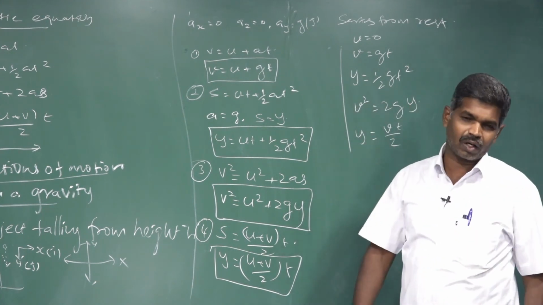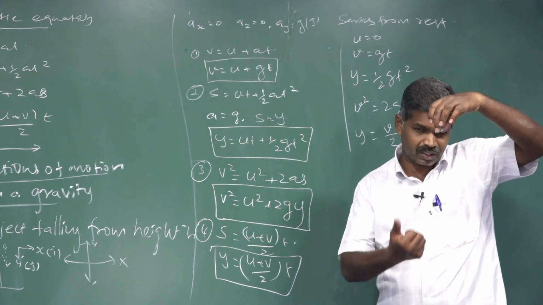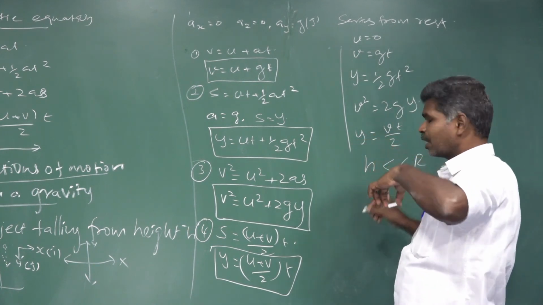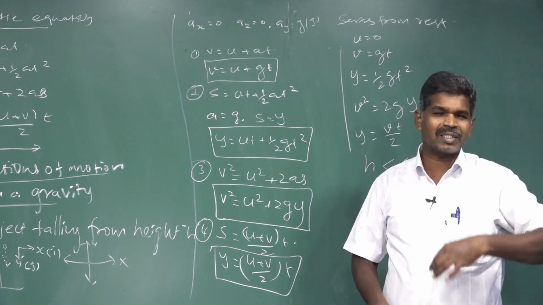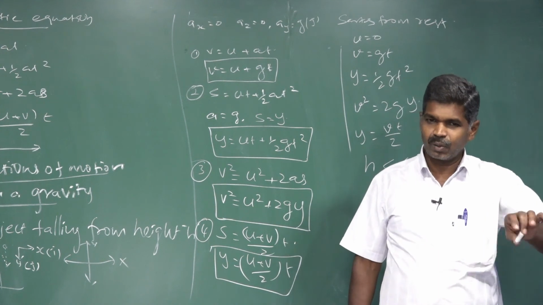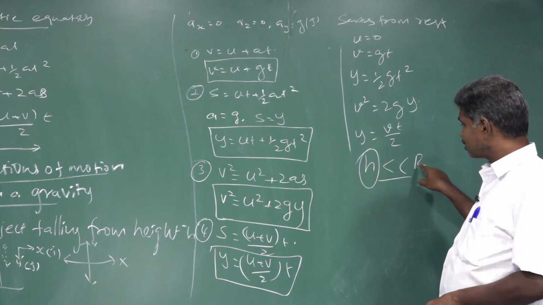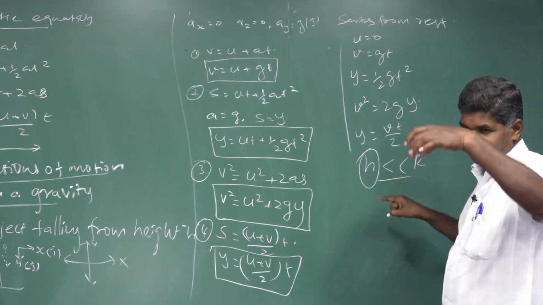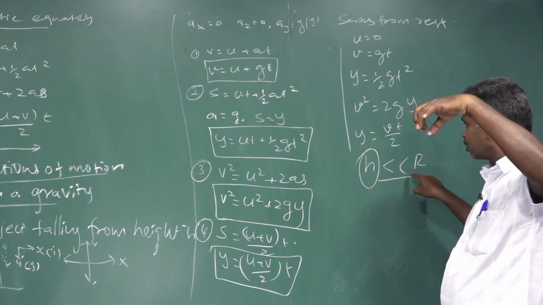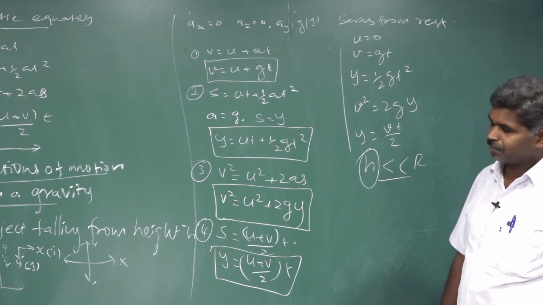Which one is called a free fall object? An object released from a certain height close to the ground surface. That height can be taken as very small as compared to the radius of the earth. The acceleration remains constant without air resistance. Then that particle makes a free fall. That is called a free fall object. Our height should be very small as compared to the radius of the earth. If you release an object from such a height, too small as compared to R, then we can say that the object makes a free fall. Okay, next